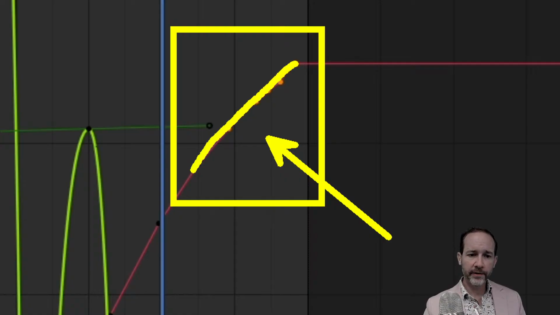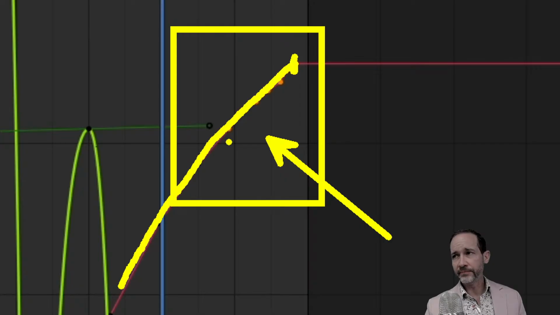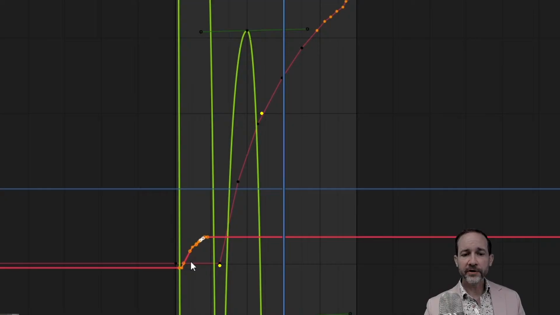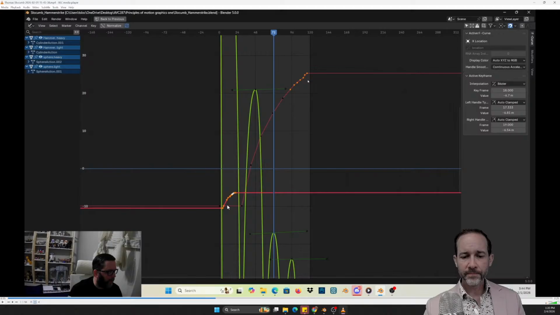If you can draw a smooth line here, then it's probably better to have two points, a point there and a point at the end, and then you're handling the Bezier handles. Having all of these points along the way just makes it very difficult to make easy, smooth changes. Maybe here, here, and here would be okay, but you've got a lot of other keyframes along the end there, and so that is not the best practice.